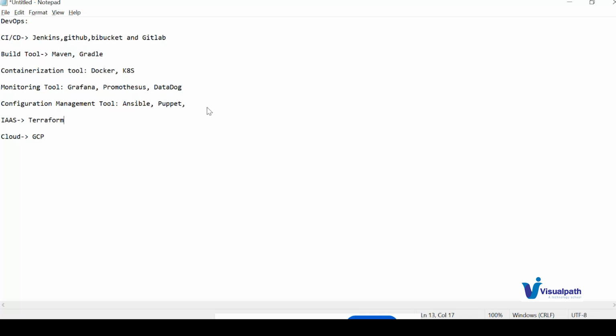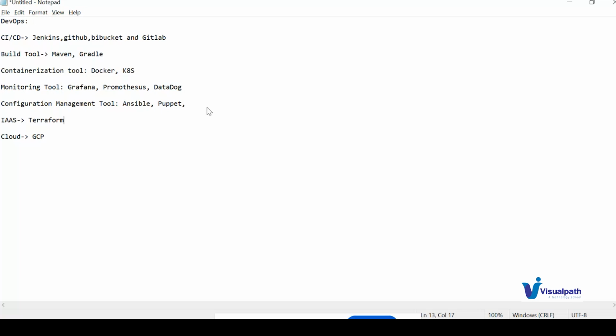Some other tools are also there. To create tickets, we can use Jira. Even for deployments we can use some other tools, like CRQ tools and XLR. There are a lot of other tools, but these are very important tools to use in DevOps.